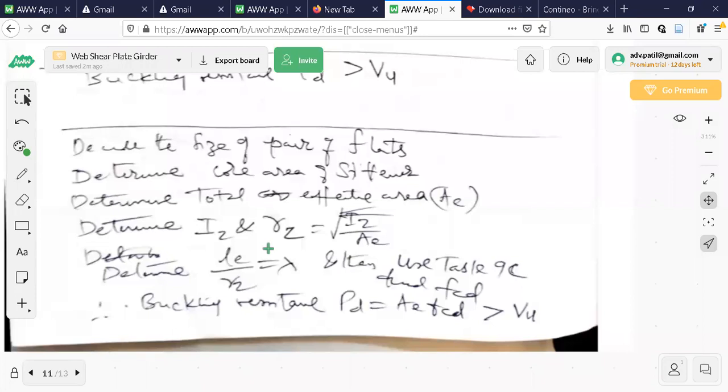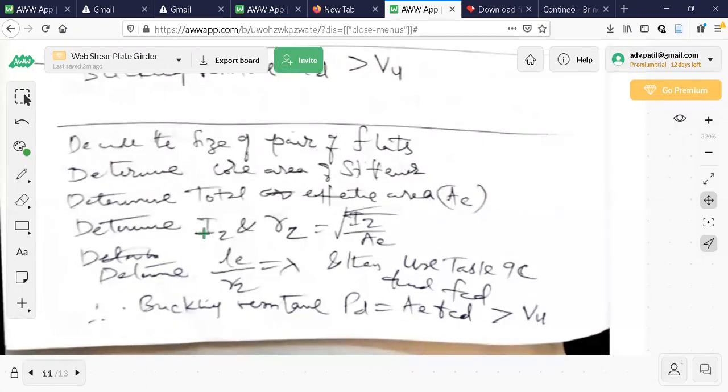They are nothing but, as I told you, in steel structures, IZ is nothing but IX of strength of material. Okay, that is usually we take it as IZ. X is the direction along the length of the member in steel structures. So Z in steel means the X axis of the strength of material subject.